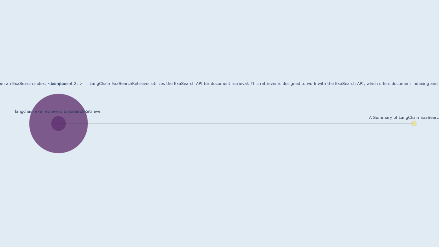capabilities. The API provides a standardized way to interact with ExaSearch, allowing the LangChain ExaSearch Retriever to efficiently access and retrieve documents. Description of the architecture supporting the variable. ExaSearch Retriever is built upon the LangChain framework, enabling it to seamlessly integrate with various other components within the LangChain